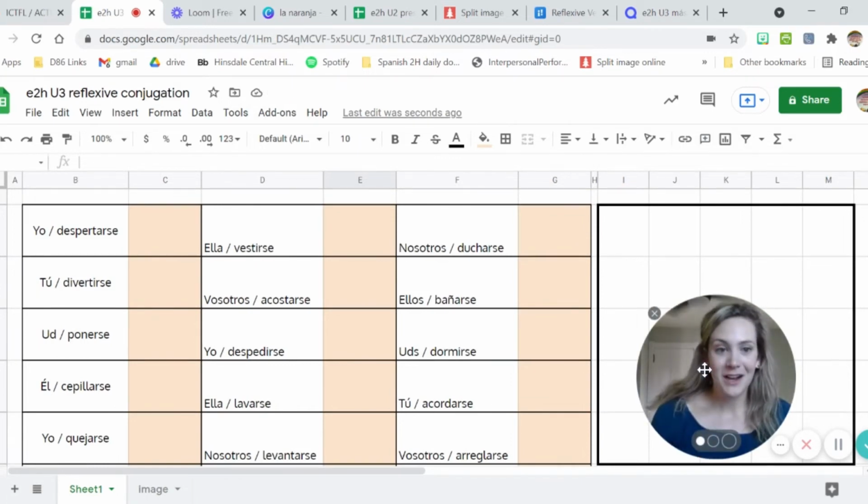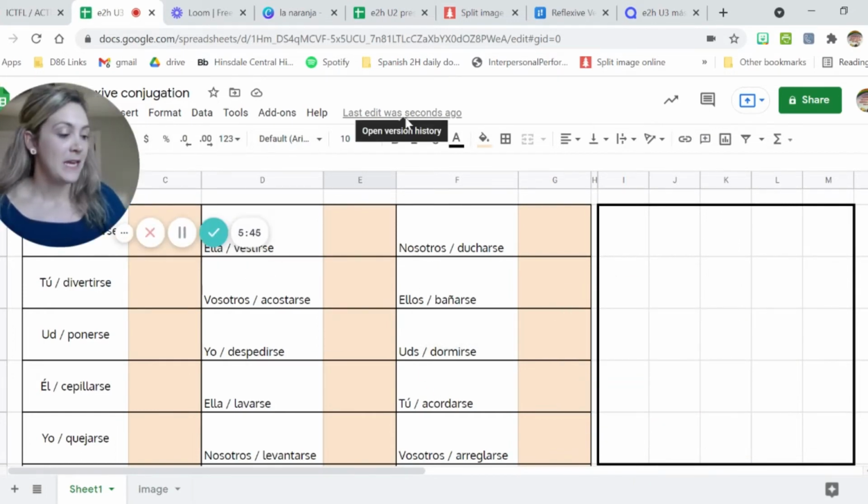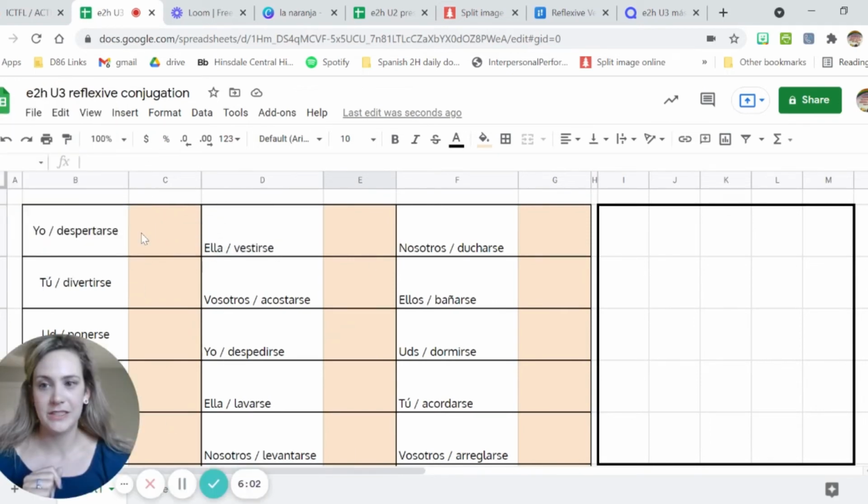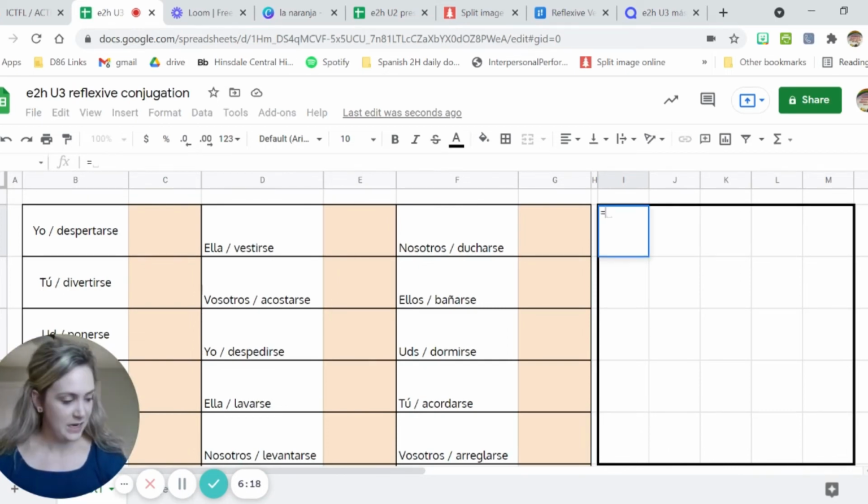Okay, so what I'm going to want to do now is use something very fancy called an if statement. An if statement is a code that we use in Excel or in Google Sheets to tell us if something happens, we want something else to happen. So let's say our first answer here is despertarse. Obviously, it's me despierto. Let's say that when they answer this question correctly, I want this box to have its puzzle piece appear. I'm going to click on here, and I'm going to type equals if